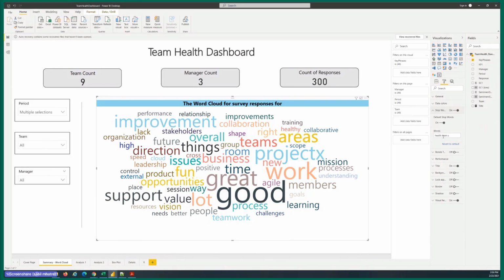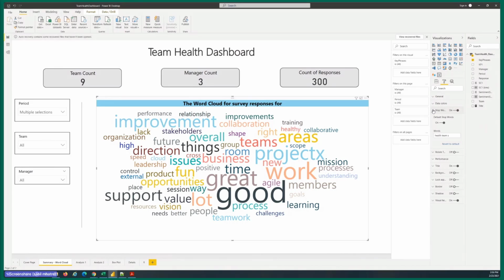You can also add custom stop words. These are space separated, and over here I have added the custom stop words of health, team, and S. In this particular survey question, we are talking about team health. So most people use the words team and health in the response itself, but it doesn't really add too much value, yet they show as the biggest and boldest words in the word cloud. So you would want to eliminate those.